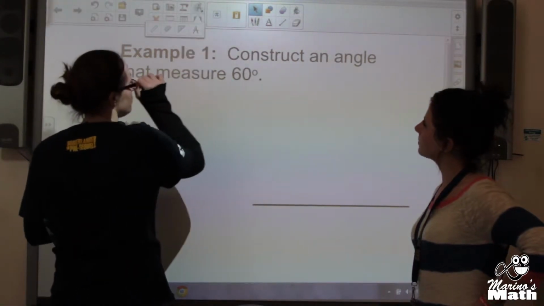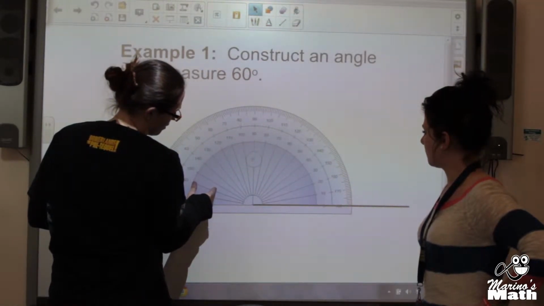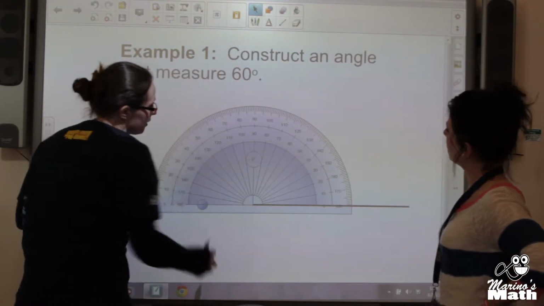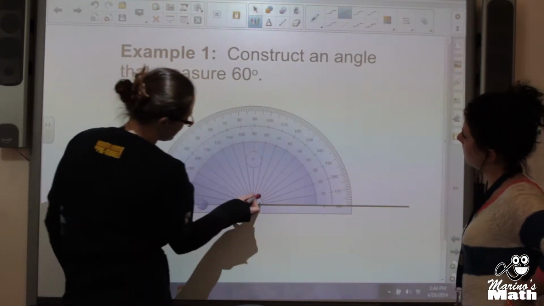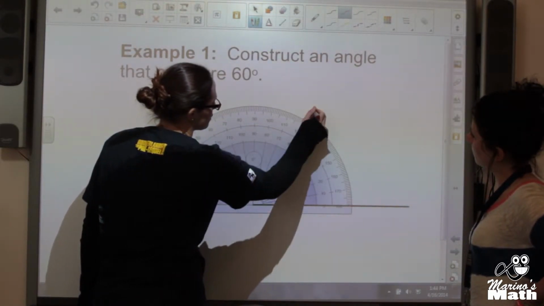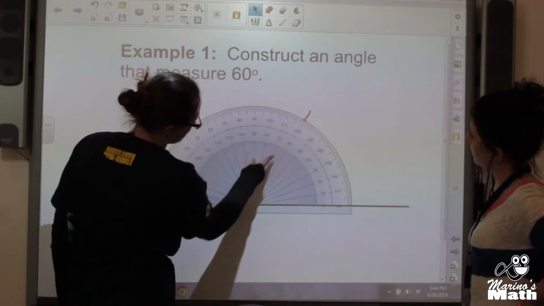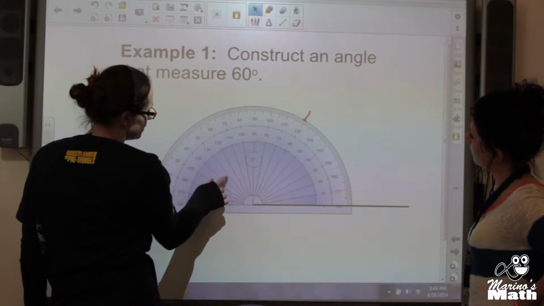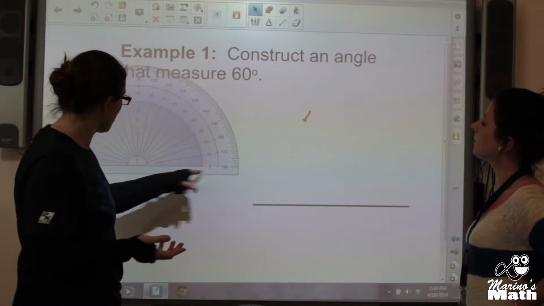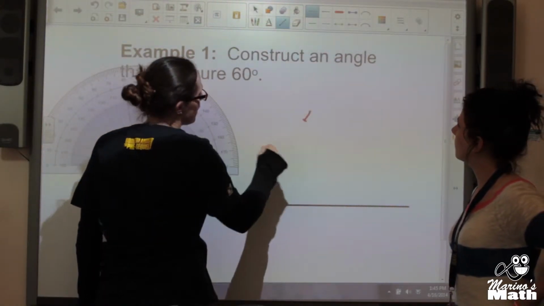We're going to take our protractor and line it up at the vertex right there, wherever our line ends. Then I like to take my pencil, find the 60-degree mark, which is right there, and just make a point, or a line that lines up right at the 60-degree mark. Then I move this out of the way. You can use your rulers, of course, or the edge of the protractor. I'm just going to take one of these fancy lines here